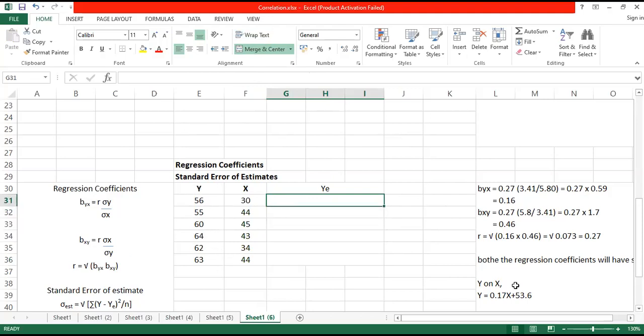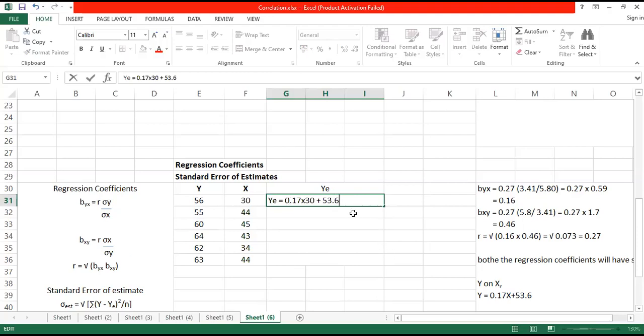Another one is estimated y. Now see, if I put x here, then our ye will be 0.17 into, instead of x it will be 30, plus 53.6,